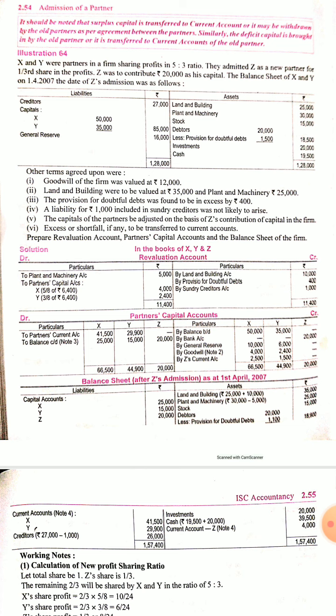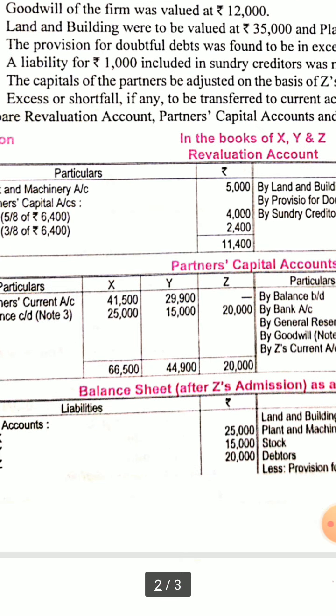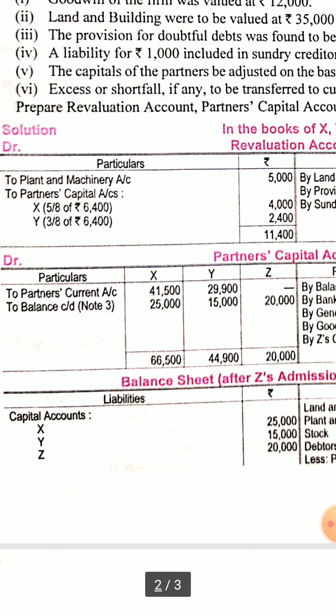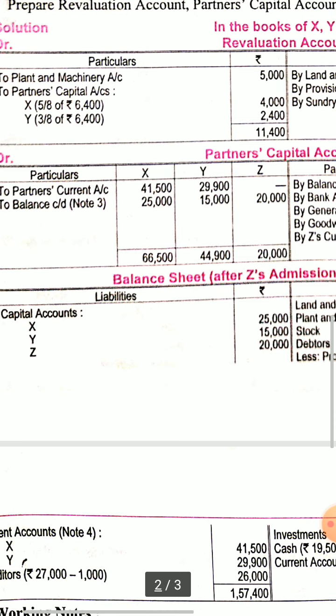Now this entry, whatever excess capital was there, will be made in debit, because both X and Y are having excess capital. So from excess debit 41,500, what was calculated in working note number 3, we have already got what amount of capital is to be withdrawn by the old partners, because they are having excess of capital than proportionate capital. So that will be debited to the capital account.